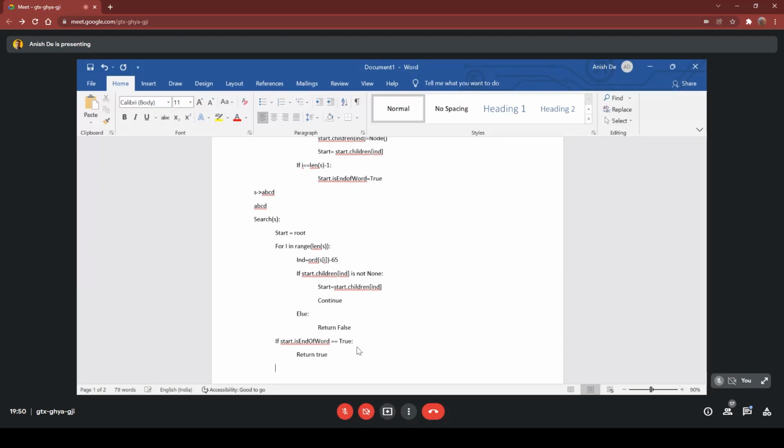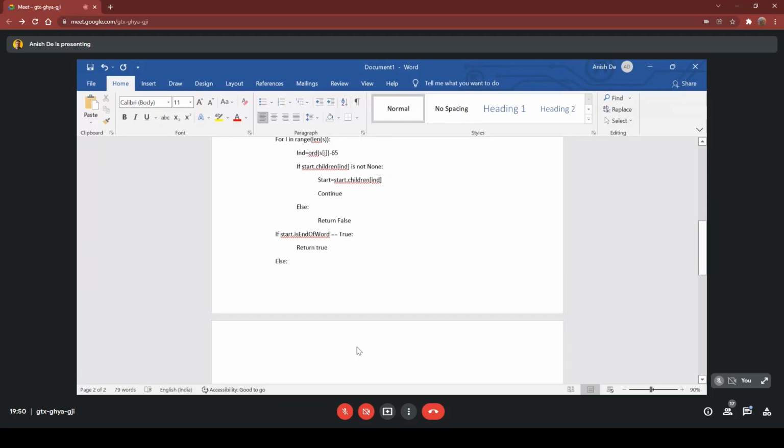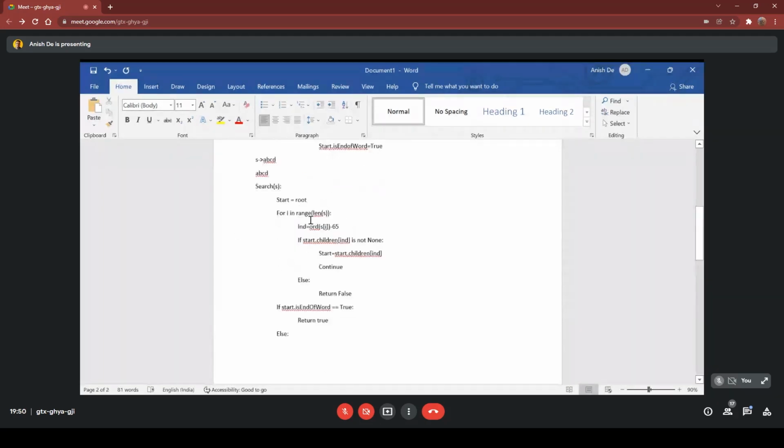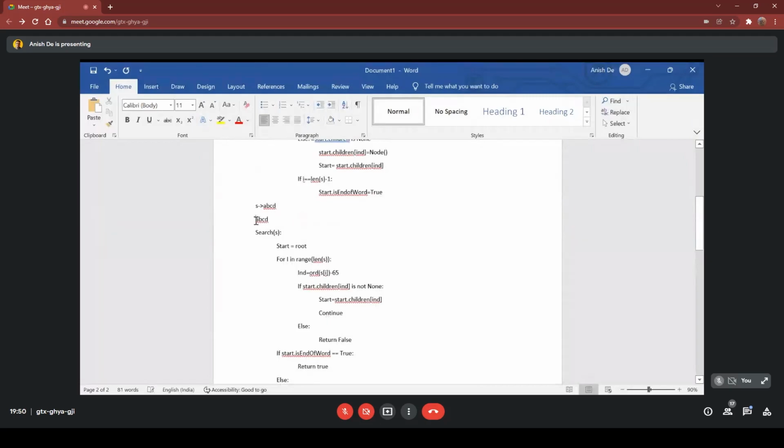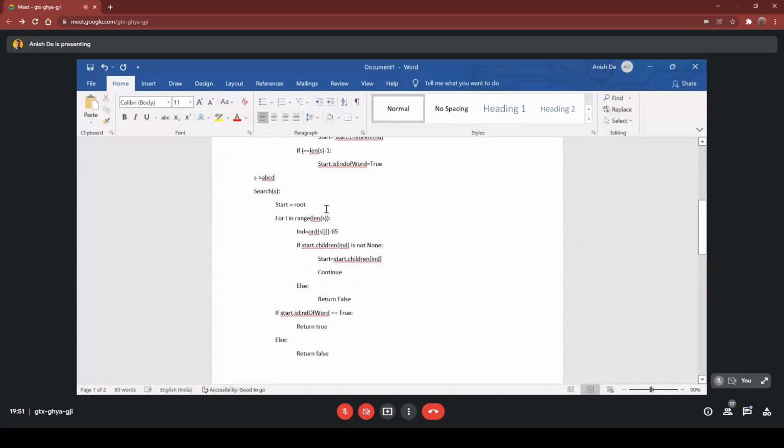Otherwise, we return false. Is this clear? Here we are searching whether key s is present in the array or not.